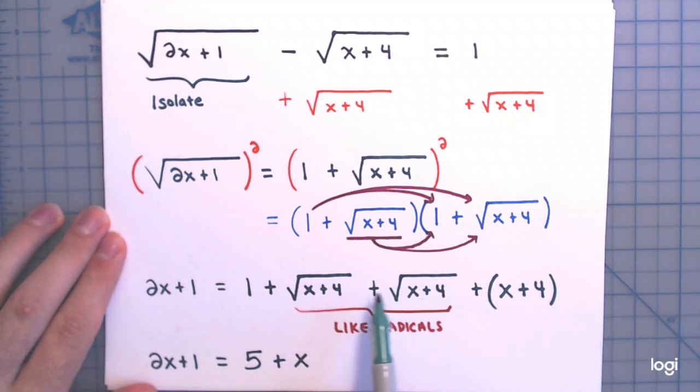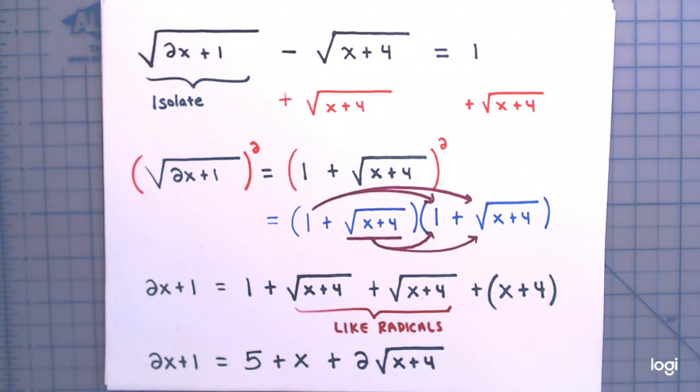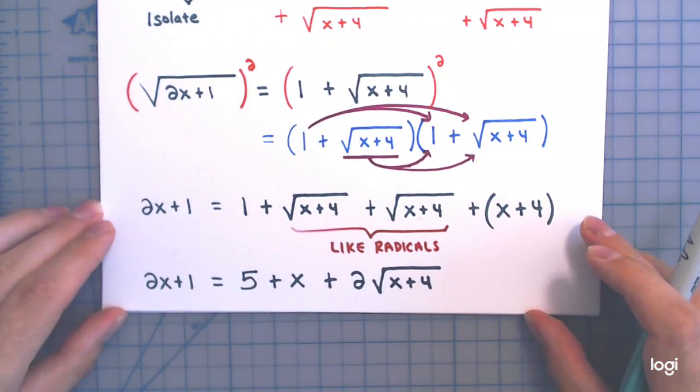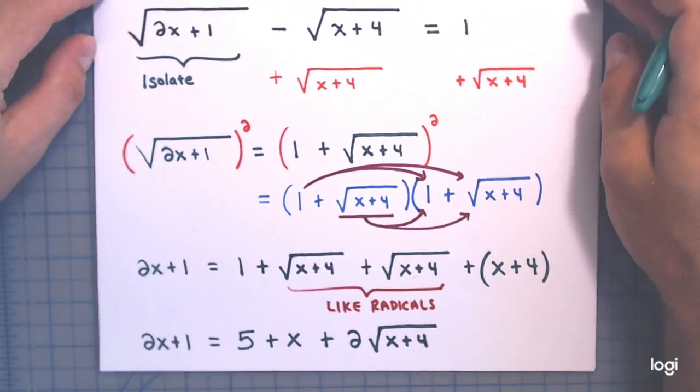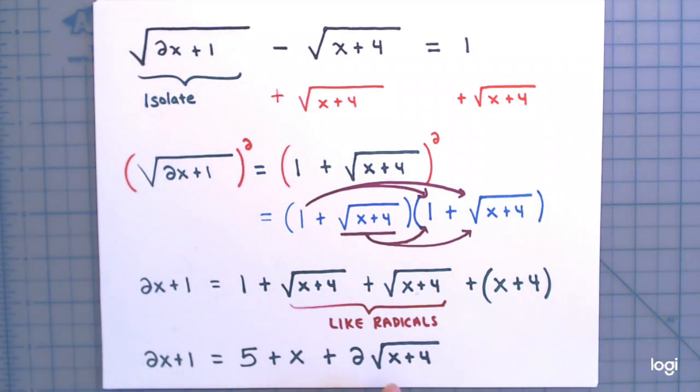And then these two terms can be added together. I have one apple plus another apple. That's 2 of these, 2 times the square root of x plus 4. That's what you do when you're adding like radicals. I have 1 of it here plus 1 of it there, so I have 2 of it, right? All right, great. So now that the sides are totally simplified,